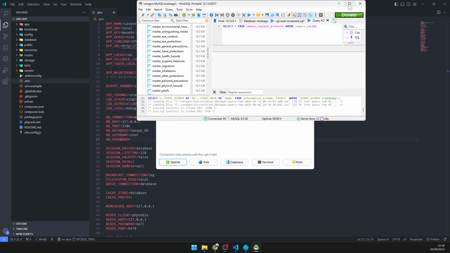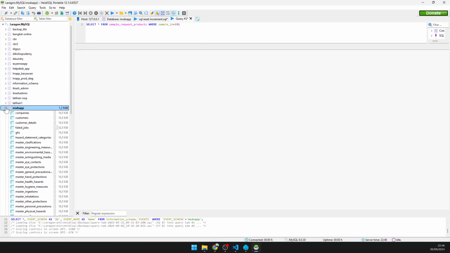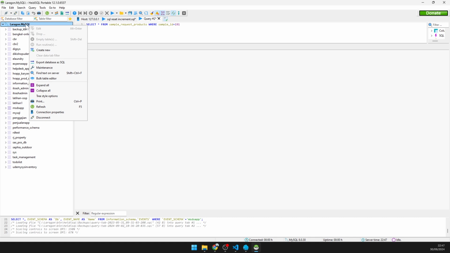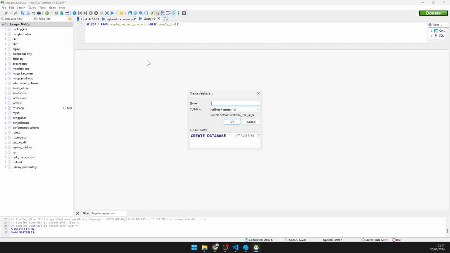Now this window is HeidiSQL. You must create a new database: right click, then click create new database, and fill the name of the database with lms_app_db with collation utf8mb4_general_ci.